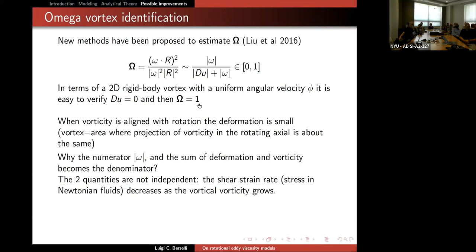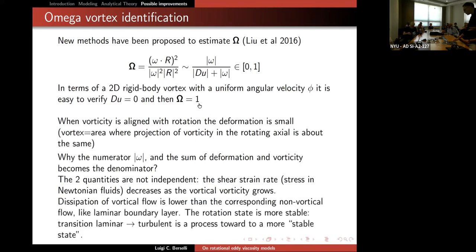One might think the opposite would be better, so having du minus omega, but in fact it seems, at least from some analysis of easy configurations like a rotation of a rigid body or a shear flow, that this is a natural indication of the size of this omega. So this is only an approximation, and it also has some ideas behind it: when you have a vortical flow, the dissipation is smaller in some